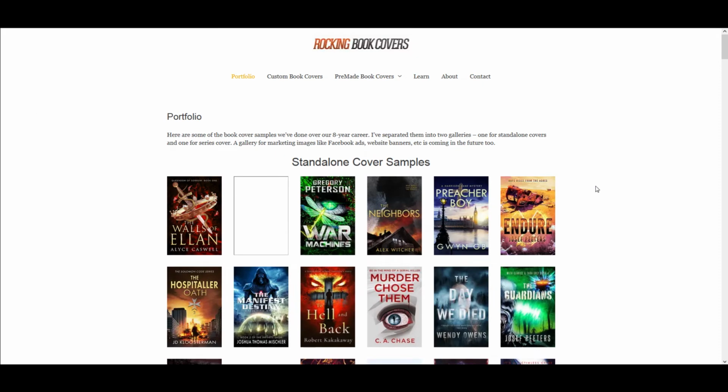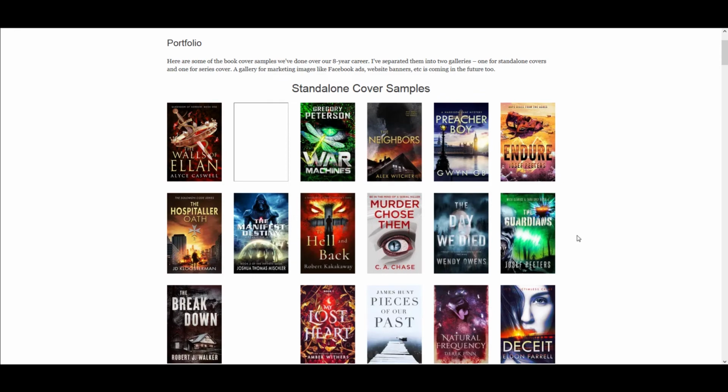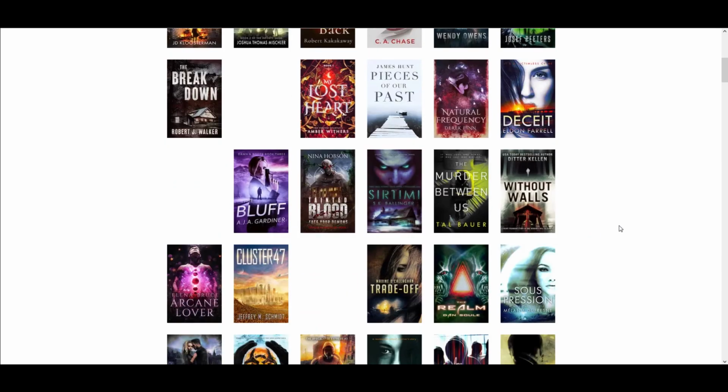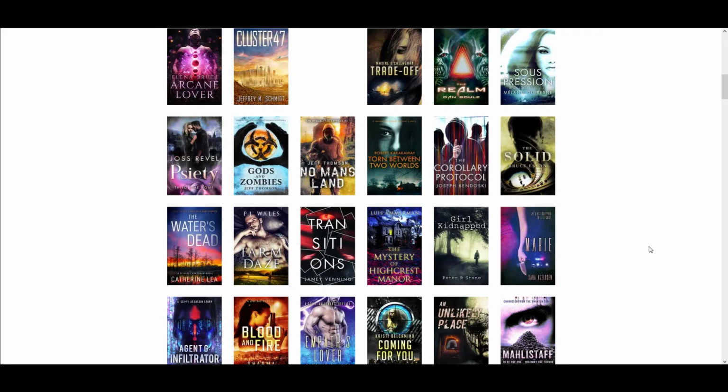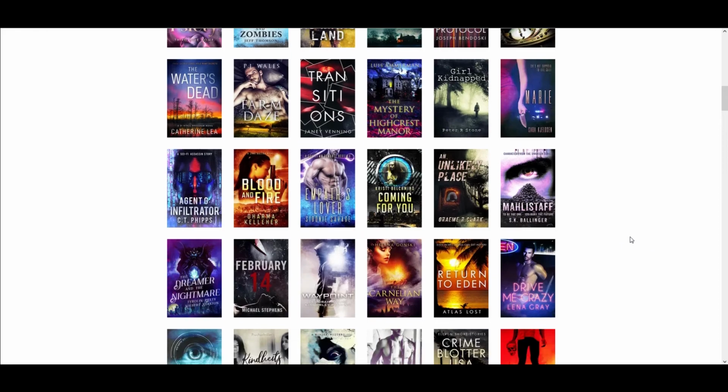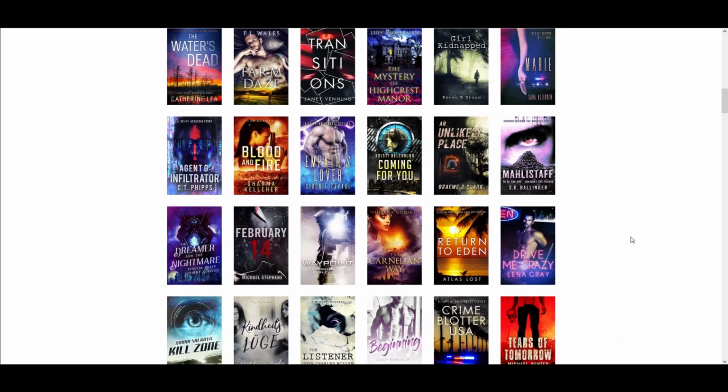It doesn't say whether or not they've been used yet, but I think they're high quality. These are the kinds of books that people buy, based on the covers, and obviously the book has to be good, but if you,